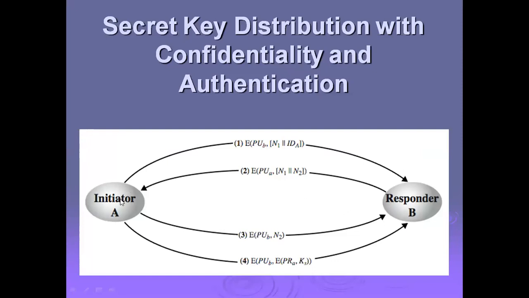Next, the initiator once again sends encryption with the public key of B, along with N2, and once again the initiator gives the reply with the help of encryption with the public key of B and encryption with the private key of A of K, comma S. Here public keys are involved only in key encryption, but the private key is also used for data encryption. With the help of PR of A and PU of B, this public and private key encryption process gives the most confidential authentication to the system.